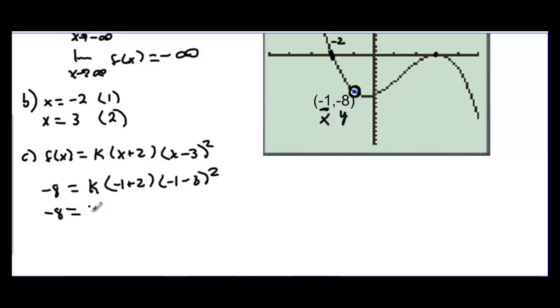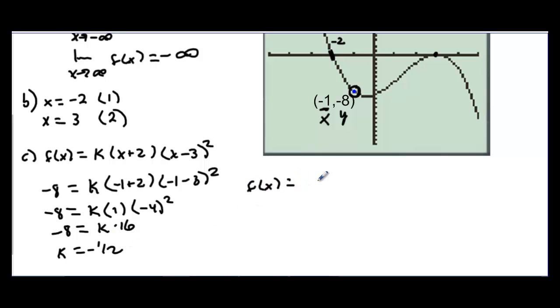Negative 8 is equal to k times, this will be 1 times, and then we have negative 4 squared. Negative 8 is equal to k times 16, and then we divide by 16, so k turns out to be negative 1/2. F of x is equal to negative 1/2 times x plus 2 times x minus 3 squared,